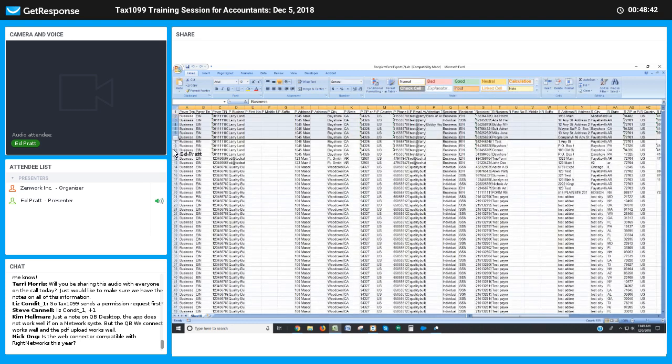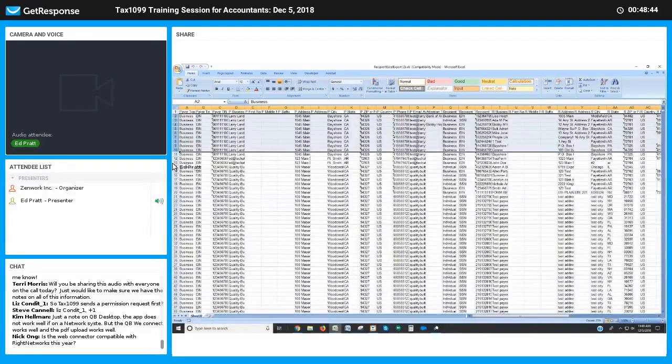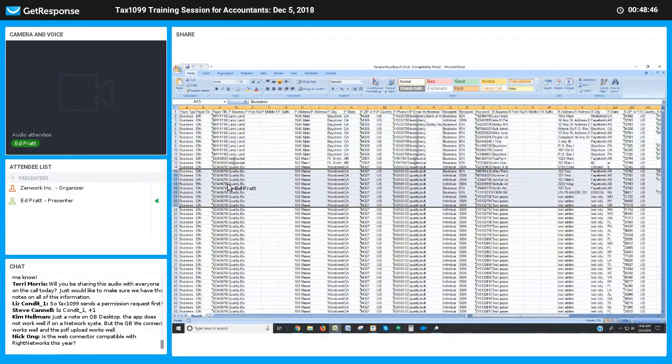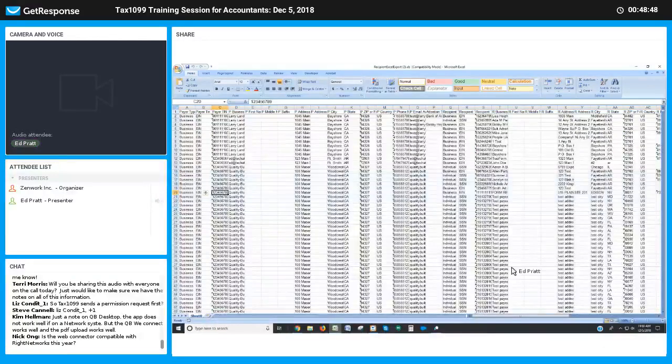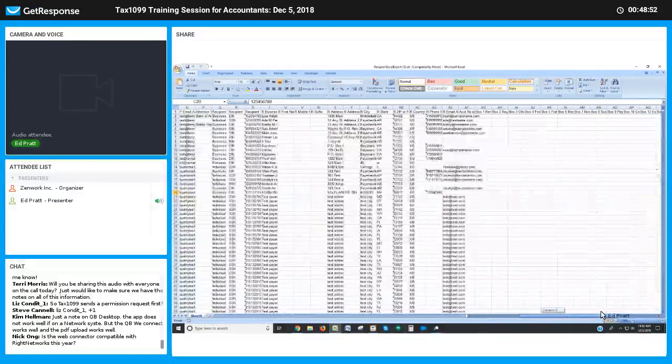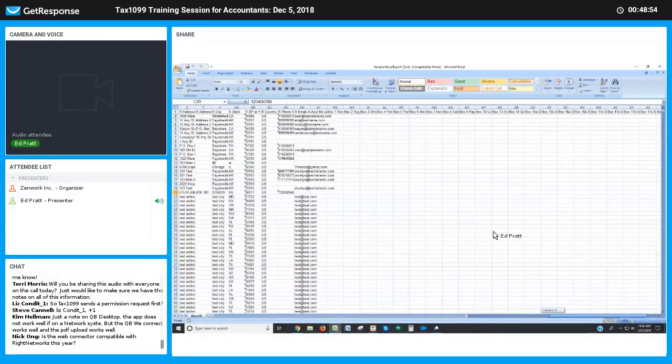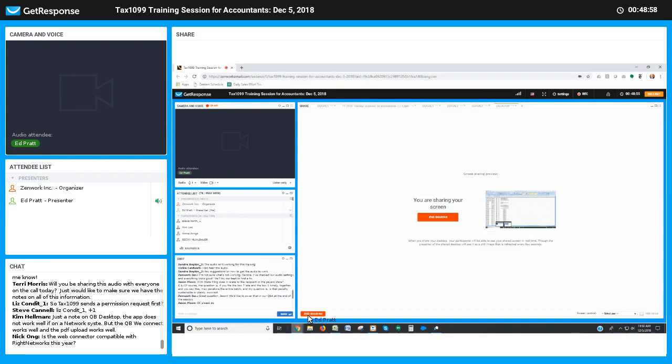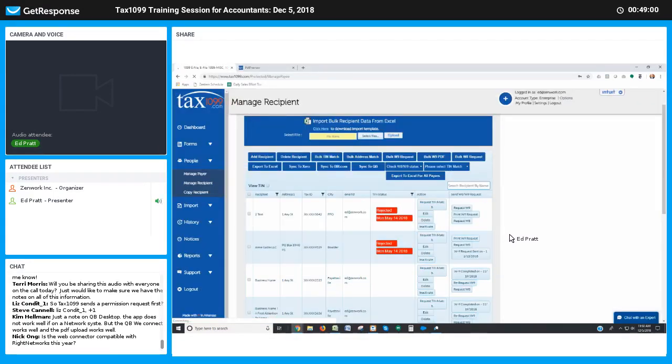So you can see I've got Larry Landscaping there. I've got Quality Builders. And so I've got a number of different companies that are here, along with all of the recipient information. As I scroll over to the right, you'll see the recipient information, and then you see all the boxes that are available to be entered there. Just another little tool that we've built in to enable you to be able to work maybe a little bit faster